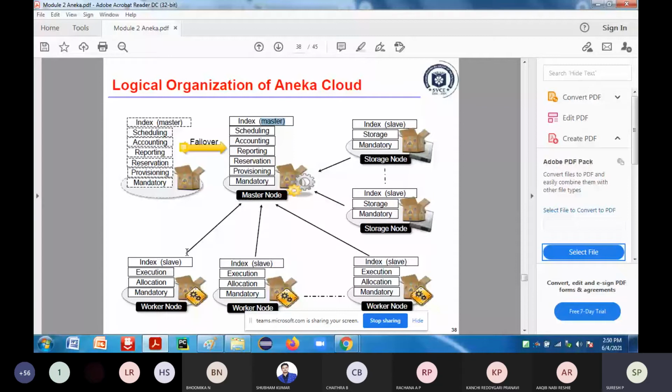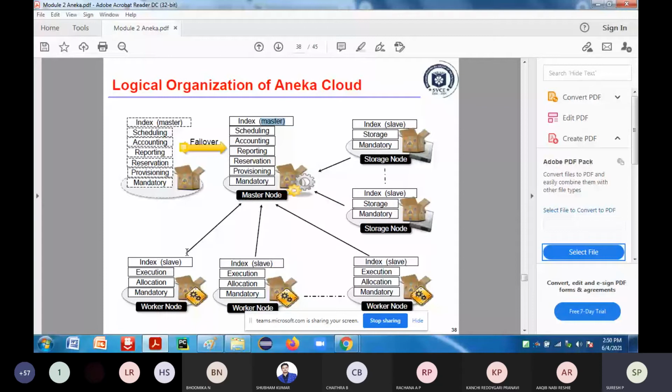Now, if you take the common configuration of the storage node, for every node, either a master node, a storage node or a worker node, you should have a service which keeps track of whether that particular node is working properly or not.